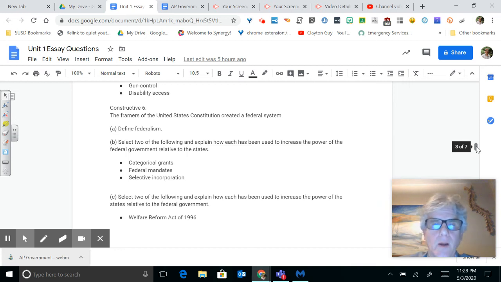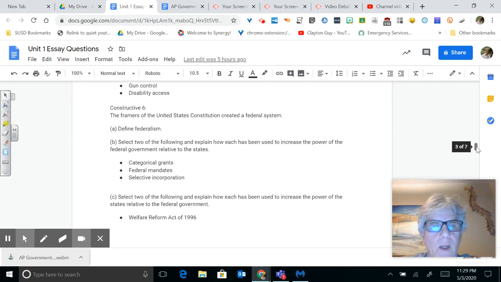Federal mandates are any law, any act, any judicial act, any executive order that goes from the federal government to states. That could be the Clean Air, Clean Water Act. That could be Brown versus Board of Education. That could be the Highway Act increasing the age from 18 to 21. These are all federal mandates where the federal government says the state, you must follow this and do this. Another federal mandate at one point was 55, the nationwide speed limit that the federal government said everybody had to follow, including people in the West, and that caused them very much upset, but it was a nationwide thing for a while.